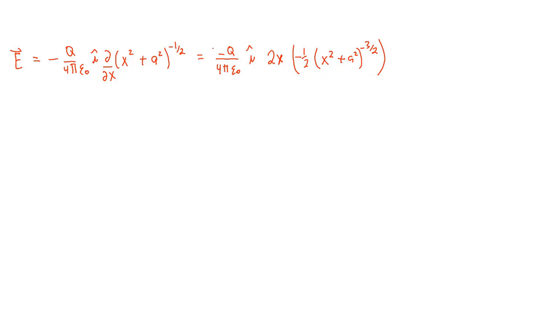Now we can combine some like terms here. The two negative signs become a positive sign. The 2 cancels with the 1/2. And we rewrite this as q, remember the negative sign's gone, times x over 4 pi epsilon 0 x squared plus a squared, whole thing raised to the 3/2 power in the i direction,